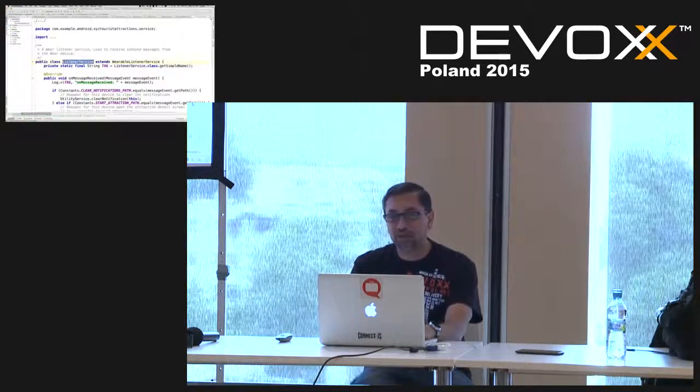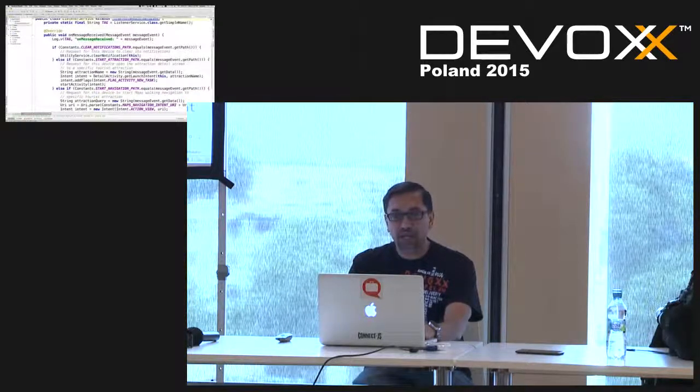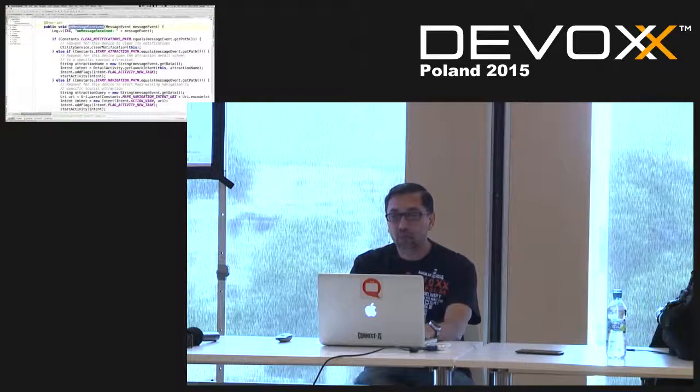So you can see listener service extends wearable listener service. You still have to declare it as a service and set up the intent filter for it to be able to receive those events. And you can see all we have to do now is override onMessageReceived. And we're using some constants to see basically what, for this specific application, we are interested in